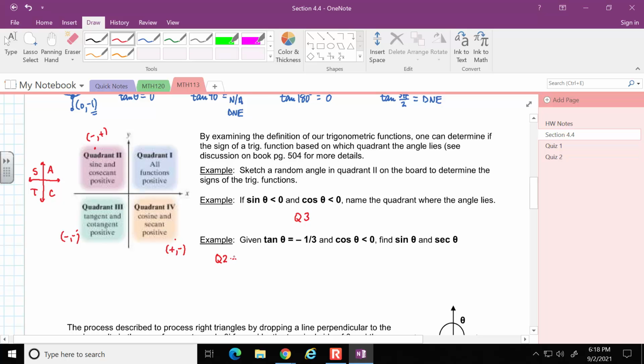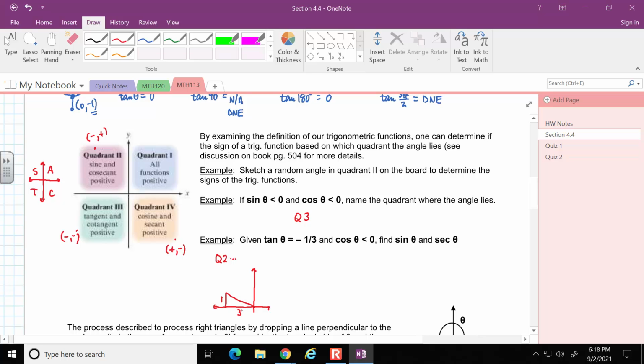So we know that. So I'm going to come in and sketch this out. I am in quadrant 2, I've got an angle. It's kind of similar to what we just looked at, right? My tangent at least has a ratio of -1/3. And tangent, again, if you remember correctly, is opposite over adjacent. So that means my opposite side is going to have a length of about 1, right? My adjacent side is going to have a length